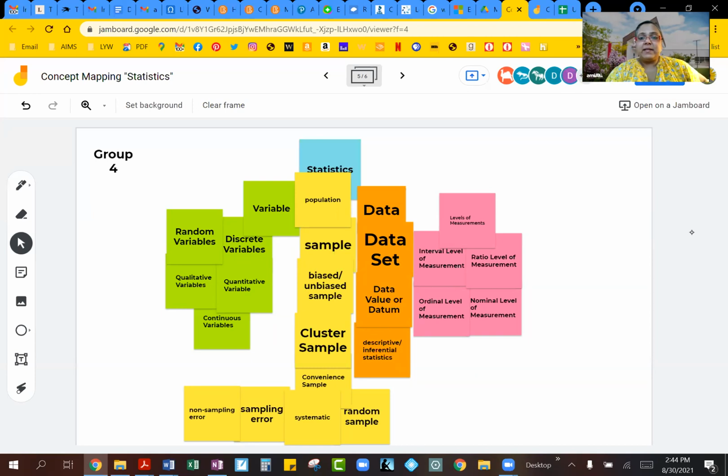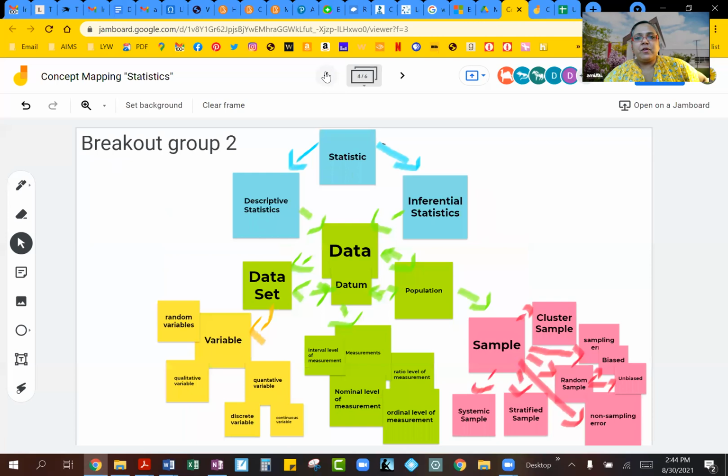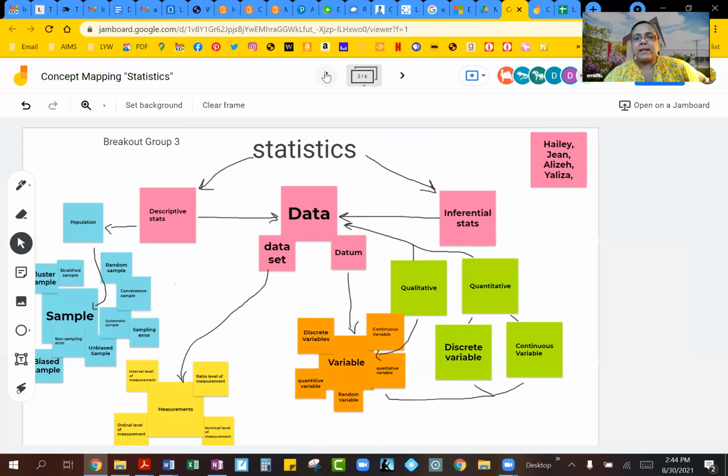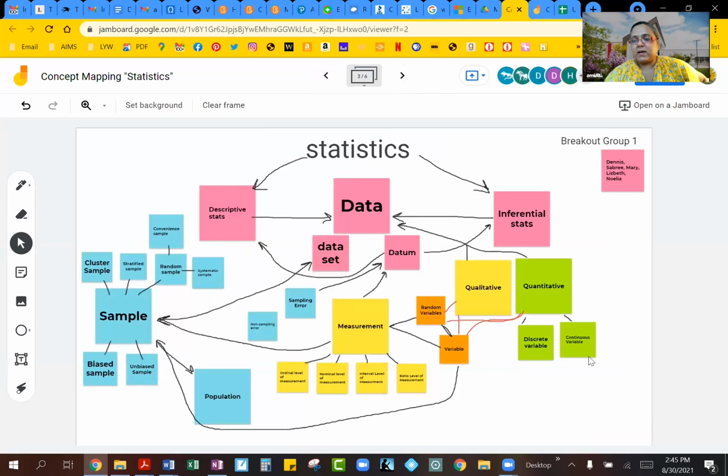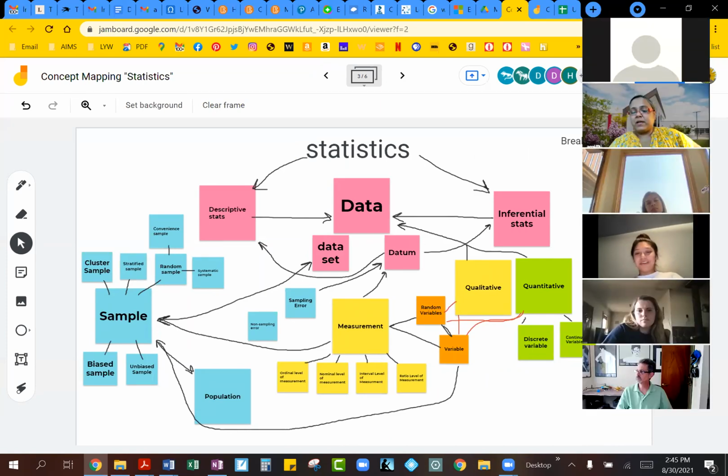But I really like that you had a whole different approach on how you broke down your concept map. It's really nice to see 4 different groups, and each of you had a little bit of a different approach to combining all these terminologies together. So keep in mind, since this is going to be a big part of what chapter 1 is about, having a good flow and understanding how each of these are connected will really help you